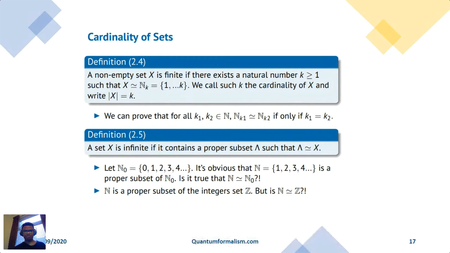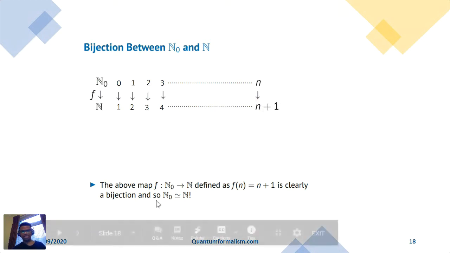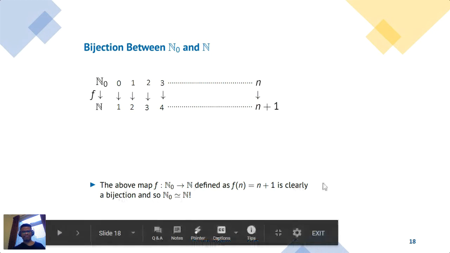Let's see how we can show this. So imagine this. Apologies, I had to do this with PowerPoint and get my LaTeX thing, so it's not a good quality image. But here's N0, and here's N on the top. For 0, you associate 1. For 1, you associate 2, and so on. So for arbitrary n, you associate n plus 1. This is the so-called successor map. You can easily show that this is a bijection.